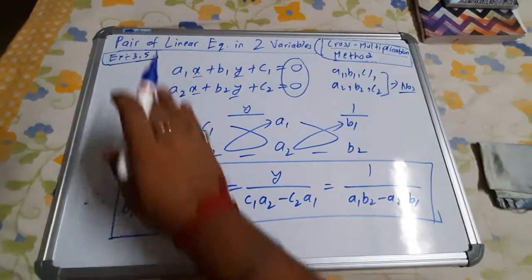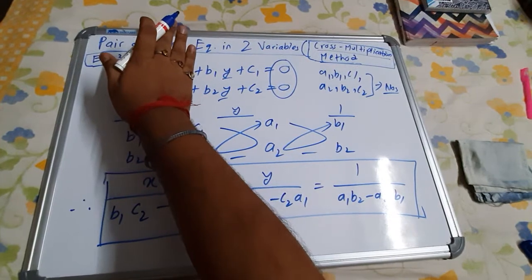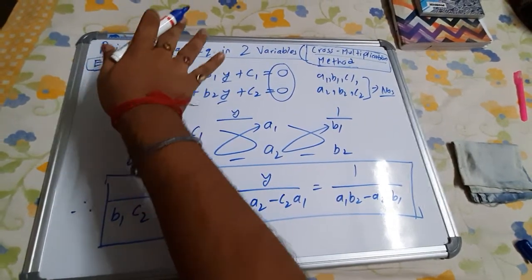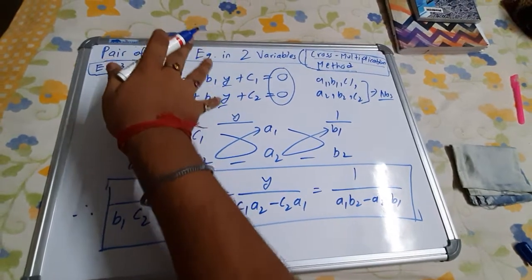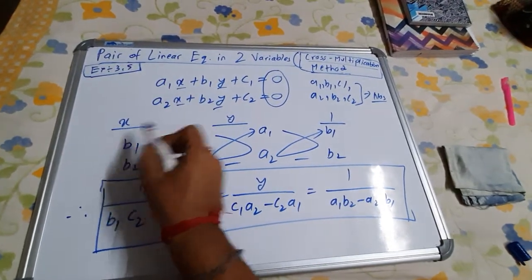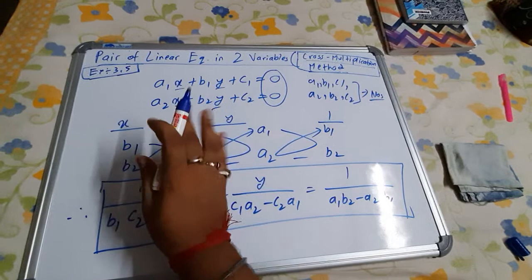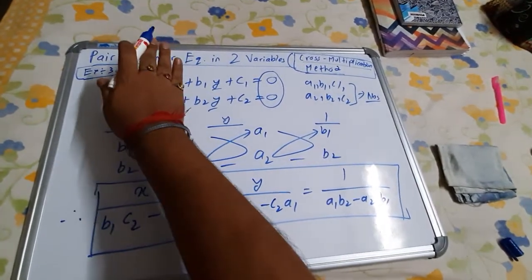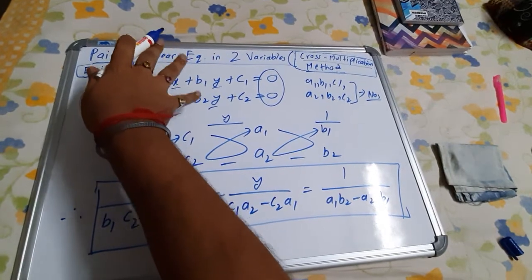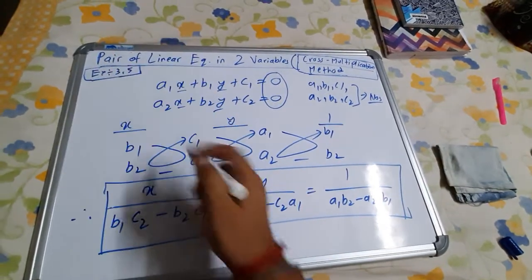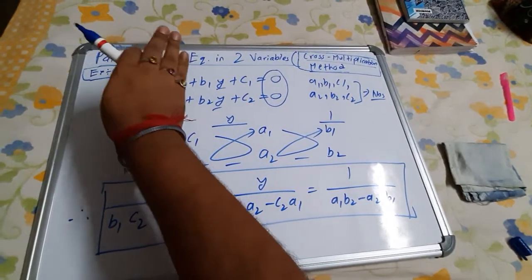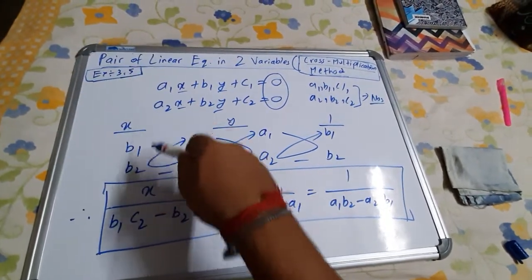So what do we write? Cover the x. What can you see? After covering x, you can see b1, b2 and c1, c2. Don't look at the variables, because we have already written x and y. Just overlook the variables. Now you are writing for x, so cover x and see b1, b2 and c1, c2. By covering x I have written b1, b2, c1, c2, and that's why I have written it below x.